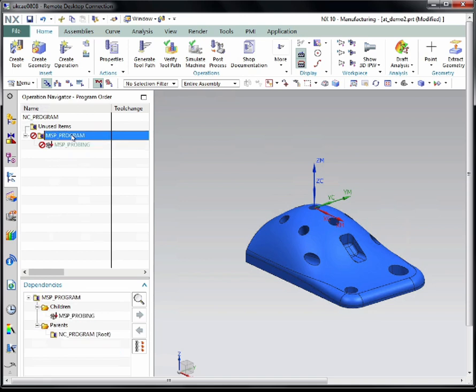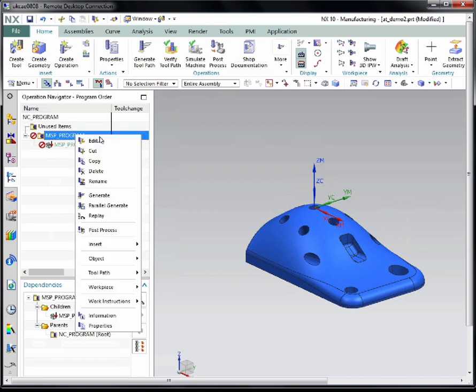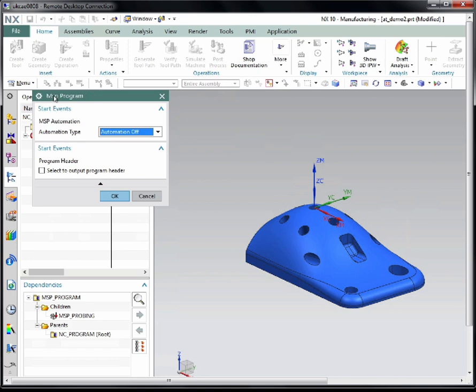If I highlight MSP program and right click and edit, you'll get this dialog box which controls the automation of the whole program, and also the option to select a header, which is various comments. If I go into this automation type drop down box, you'll see NC-PerfectPart auto proceed, which automates the button clicks of NC-PerfectPart application. And then you've got your controller auto proceed, which is the stop button or any buttons on the controller,